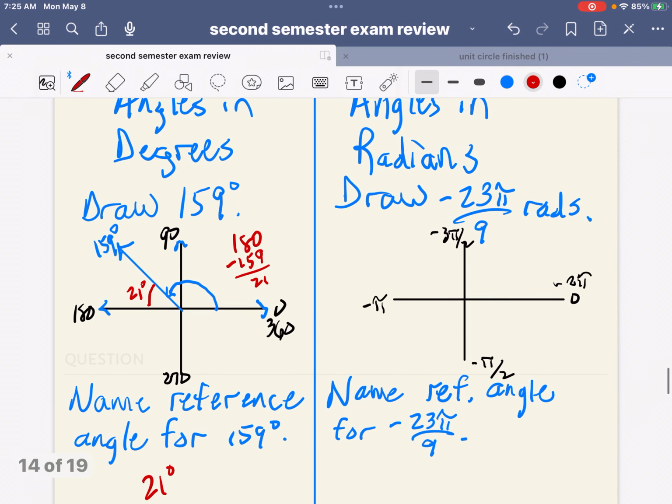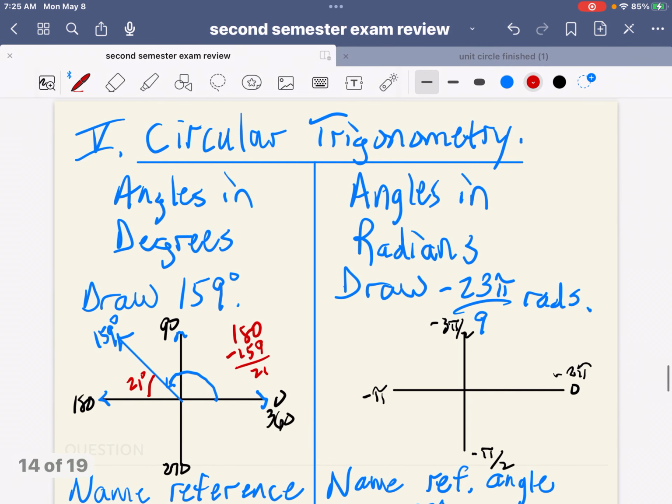Okay, then we introduced radians and how to draw them. So draw negative 23 pi over 9 radians. Well, the way that I taught you is change that to a mixed numeral. 9 goes into 23 twice, so that's negative 2 and 5/9 pi. Well, if you think of that as negative 2 pi plus negative 5/9 pi,